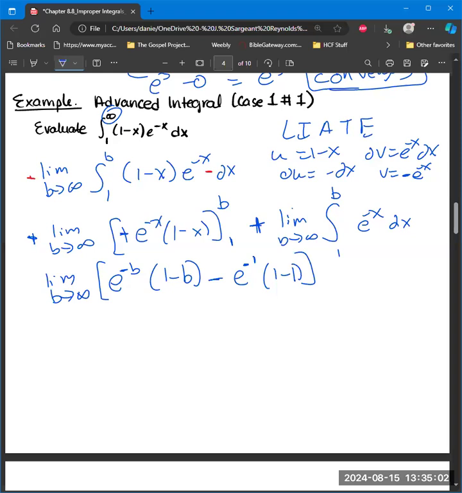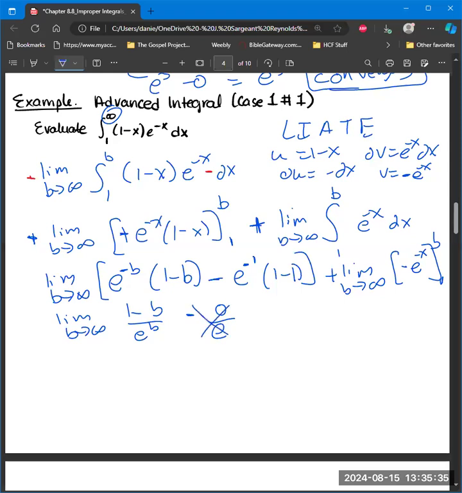All right, plus limit as b goes to infinity of negative e to the negative x from 1 to b. All right, we got some interesting stuff going on here. So limit as b goes to infinity of (1 minus b) over e to the b, minus 0 over e, that's 0,